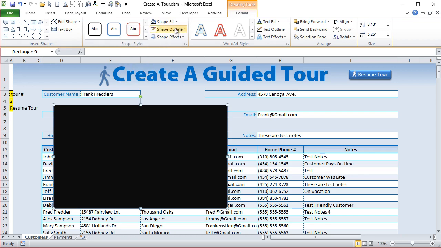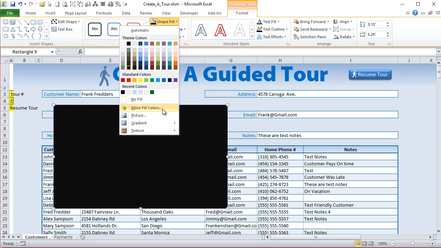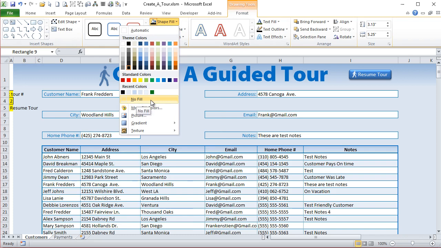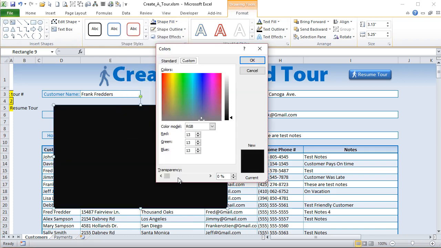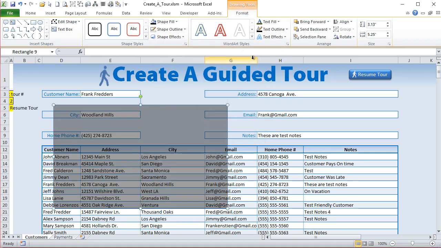But I don't want it black. Obviously, I want it somewhat transparent. So let's go ahead and go to more fill colors. And here we can set the transparency, maybe something around 60%, okay? And what that's going to do is we'll be able to see through it, but we'll also be able